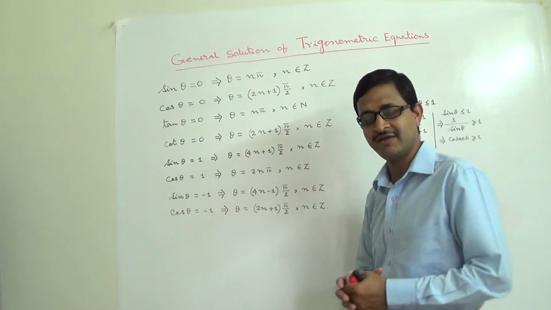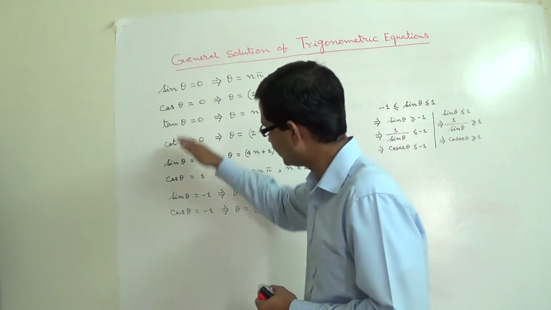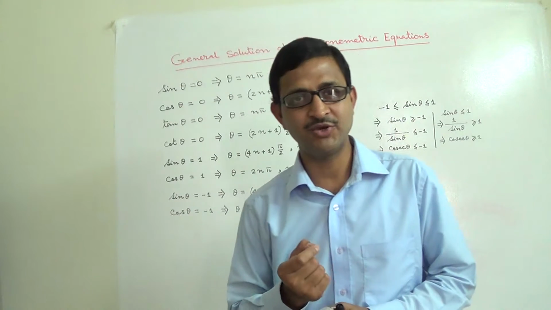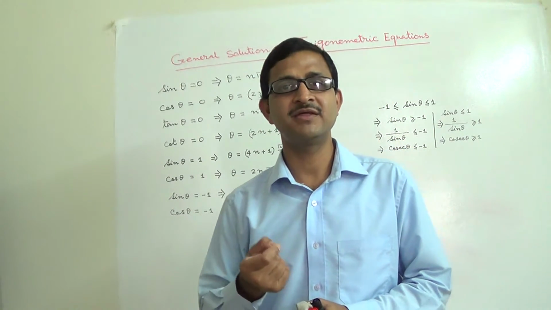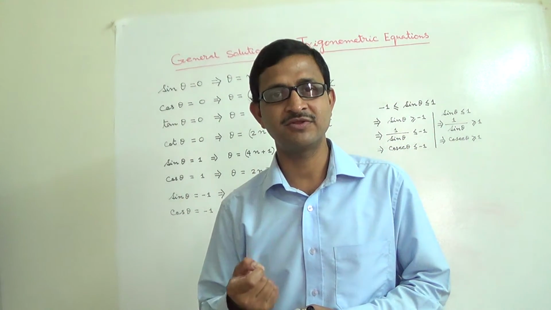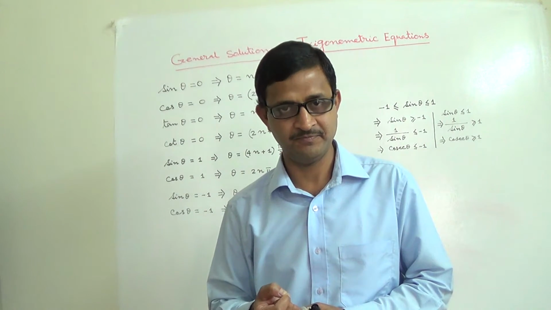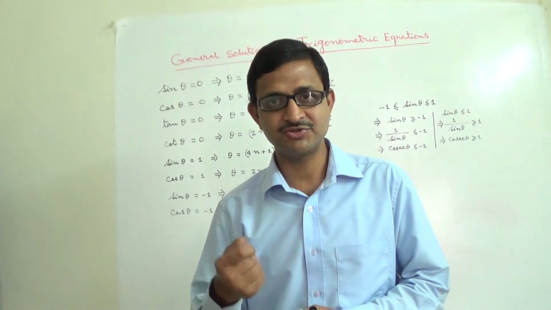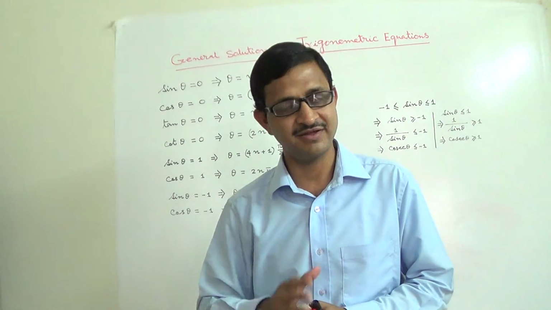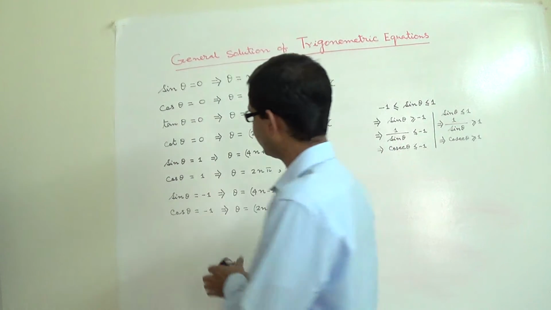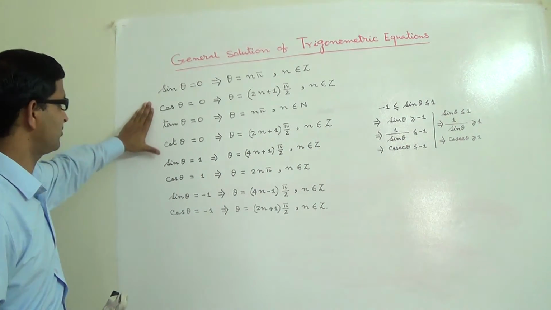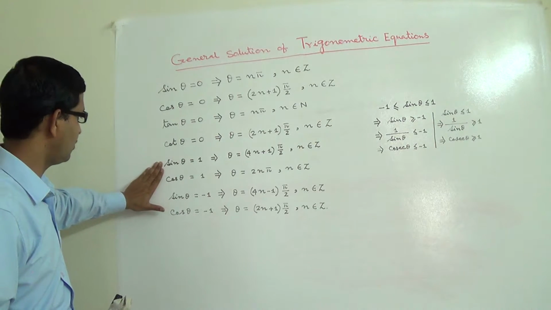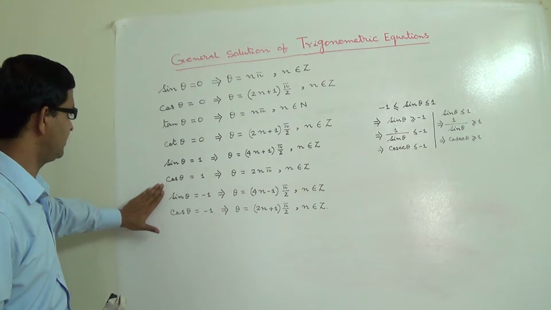So why I say again specifically for these values: if you remember these solutions, it will help you to solve trigonometric equation questions very quickly. You can always apply the general solutions discussed in the earlier class, that is fine. But if you get these specific values, sin theta equal to 0, cos theta equal to 0, tan theta equal to 0, cot theta equal to 0, sin theta equal to 1, cos theta equal to 1,